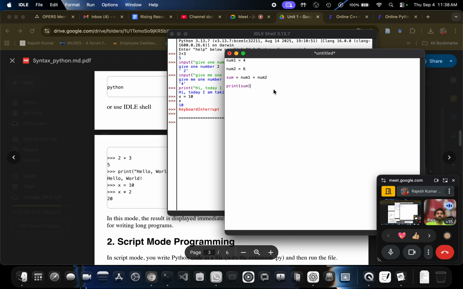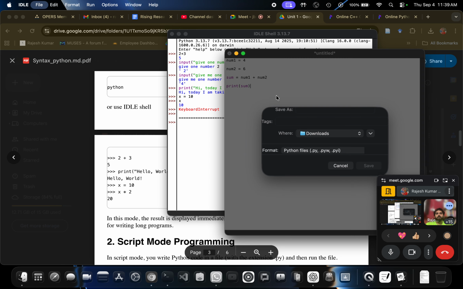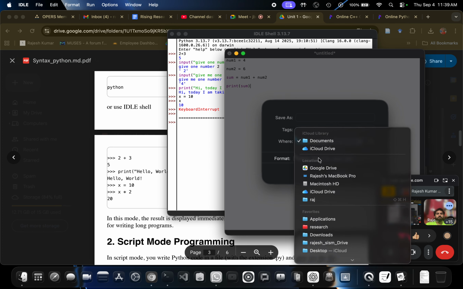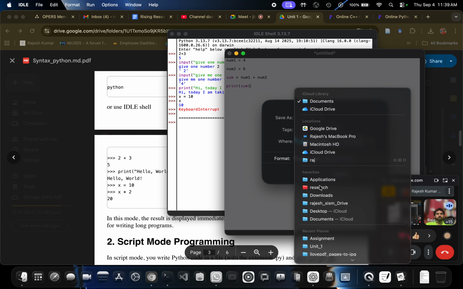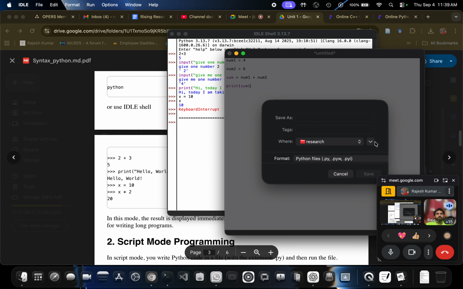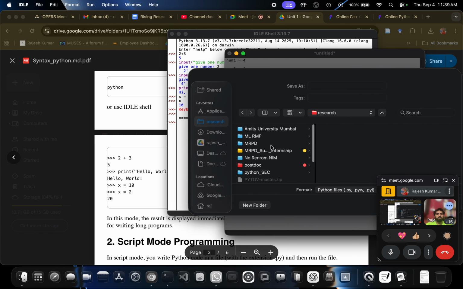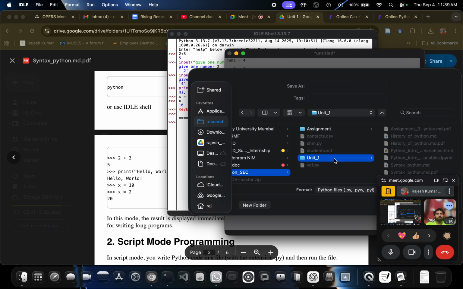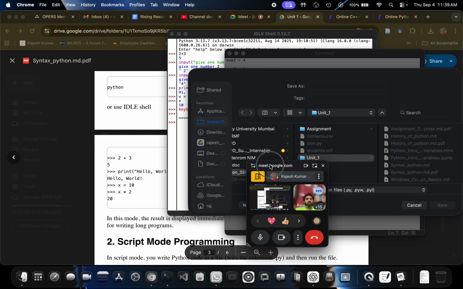This is the shortest program and I want to save it. I press Control S and I want to save it in my research folder, in Python SCC Unit 1. I want to save it here.